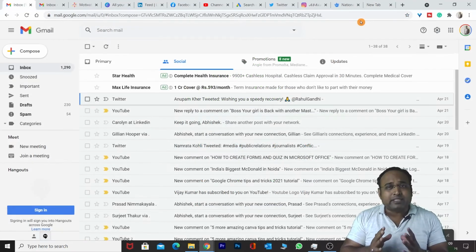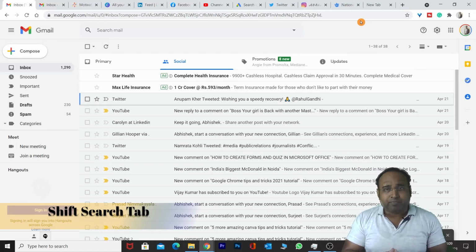Now we move on to our next feature, which is the Swift Search tab option. If you have multiple tabs and multiple windows and you want to find one particular tab, then you can use this feature. This feature will help you find that particular tab irrespective of which window it is present in. So instead of memorizing whether you opened this tab in that window or this window, you can use this option and search for that particular tab. I'll tell you how you can do it.